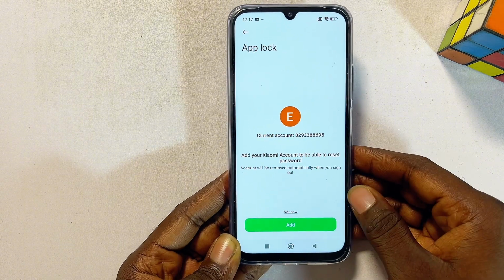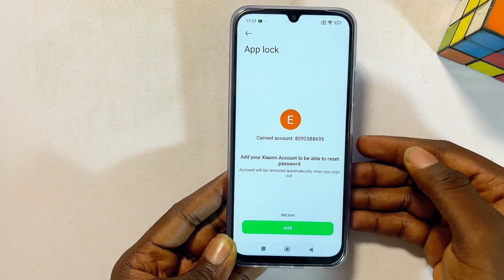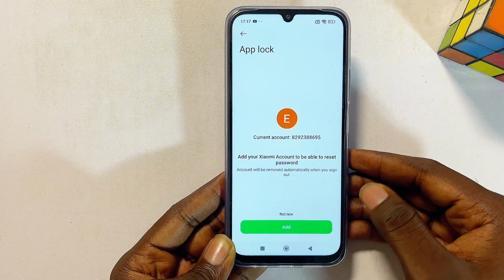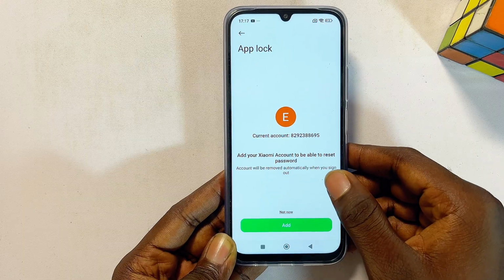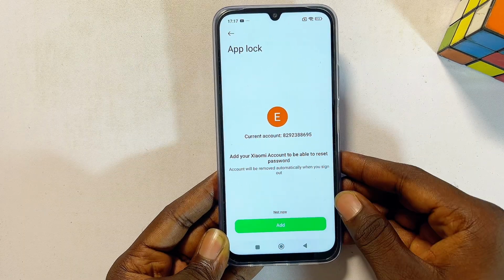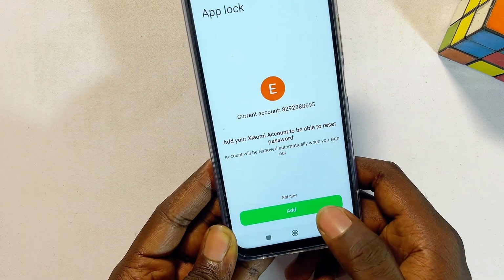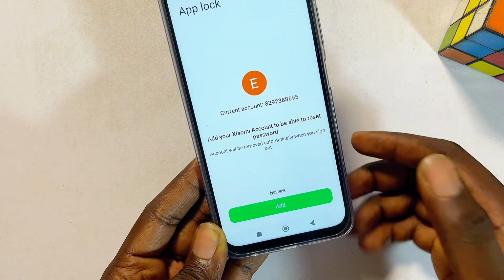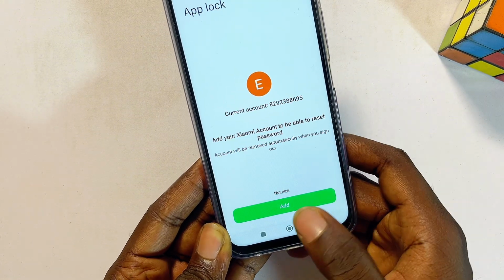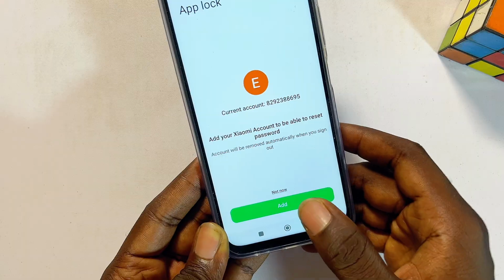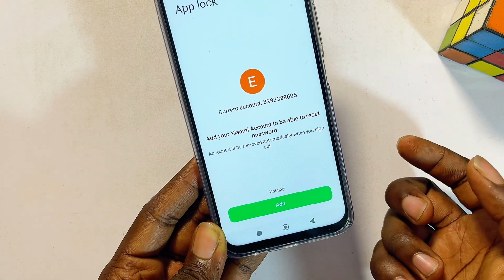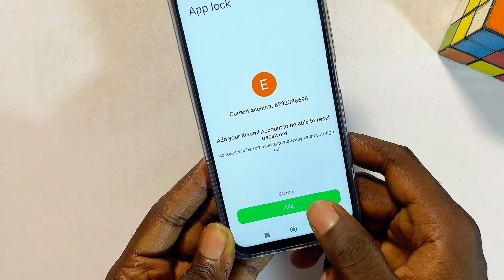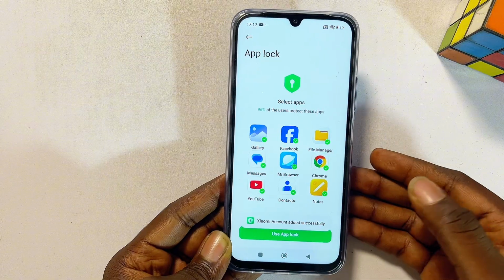Now you're going to be taken to this page letting you know that if you ever forget your password, PIN or pattern to your locked apps, you would need your Xiaomi account to recover it. But this is not compulsory. You can go ahead and click on the not now option, but if you have your Xiaomi account, you can as well just go ahead and click on the add button or sign into your Xiaomi account directly from here. I already have my Xiaomi account, so I'll just click on the add button over here,